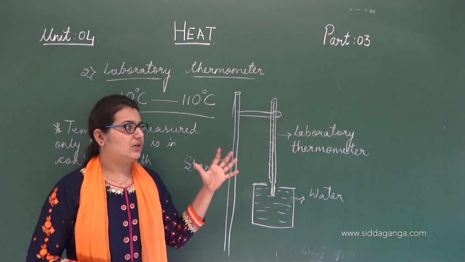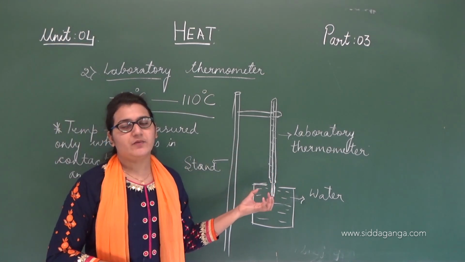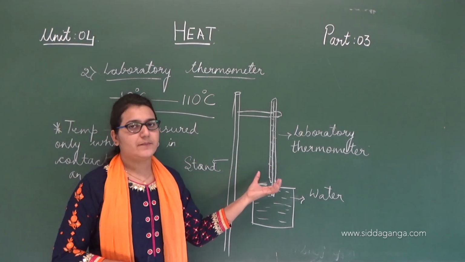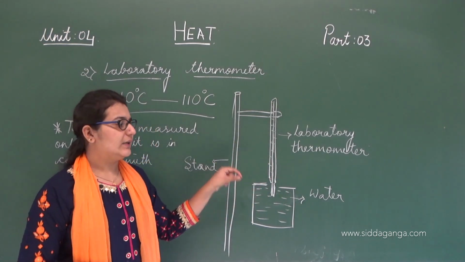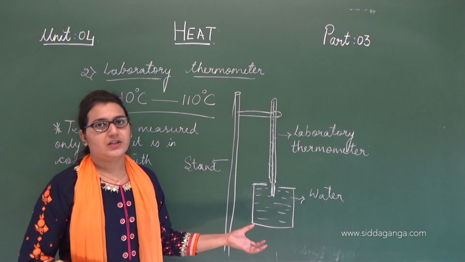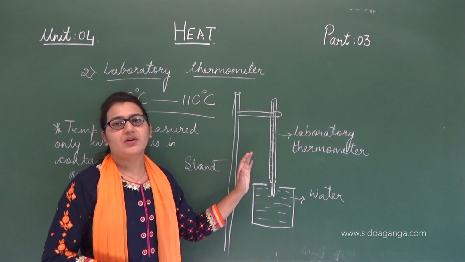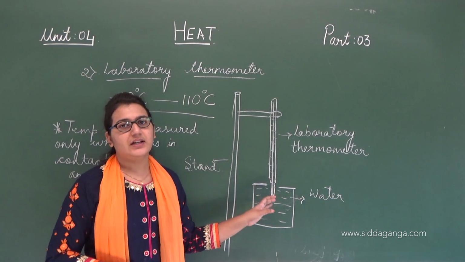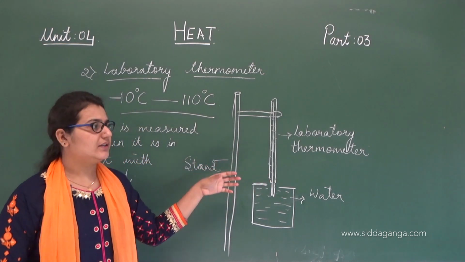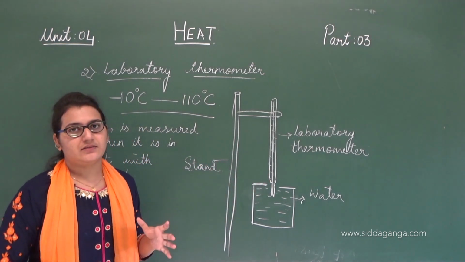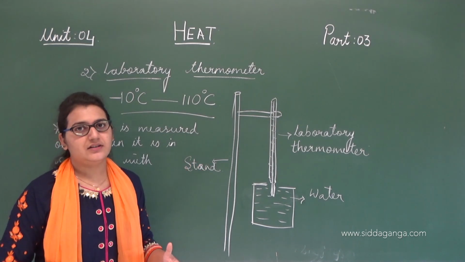So we can measure the temperature of any object using this thermometer only by keeping it in the object itself. Only while the thermometer is in contact with the object can we read the temperature. After removing it, or after getting that object out, we cannot read the temperature, since it does not have a kink. Clear?